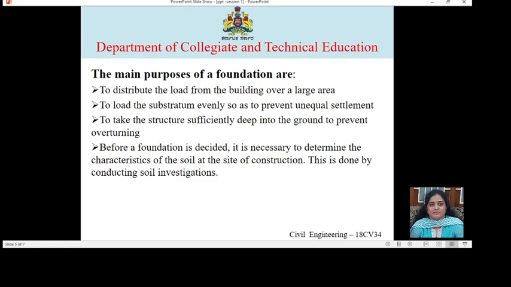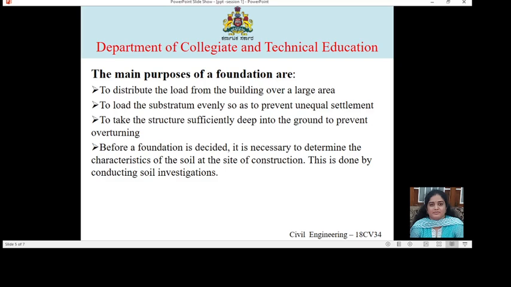So they will conduct the test at the site wherever you want to construct the structure. They will give the value: what is the safe bearing capacity? How much load you can apply at what depth? Based on that, it is decided what type of foundation. Of course, the cost also comes in, because some types of foundations are cheaper, some are very costly. So depending upon the requirement and the load that comes on the structure, the type of the foundation is decided.